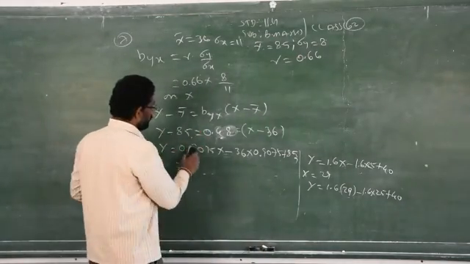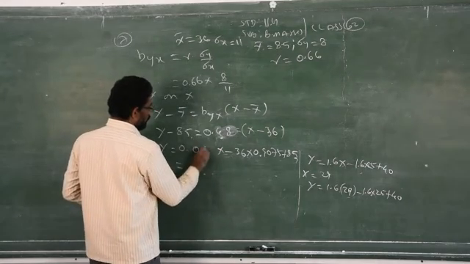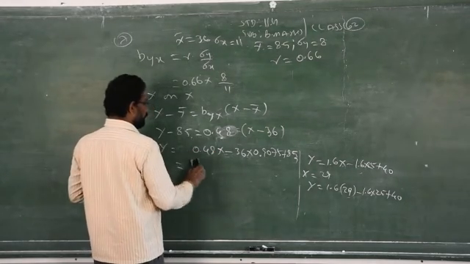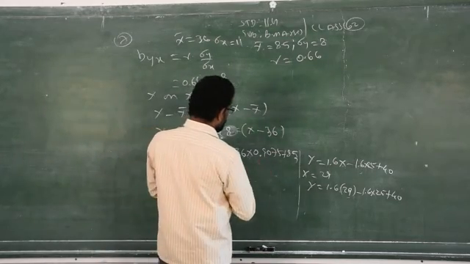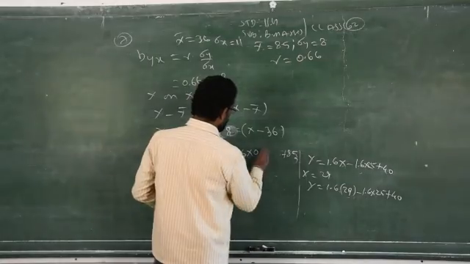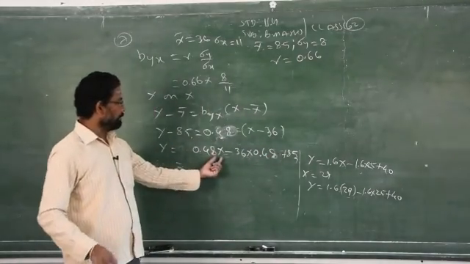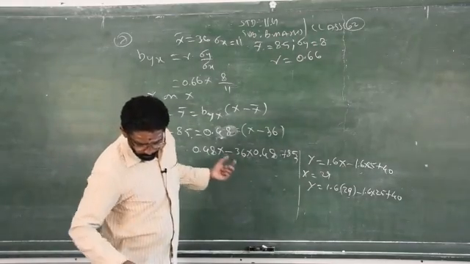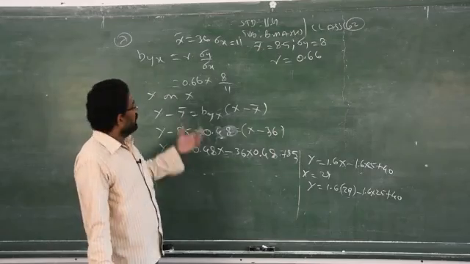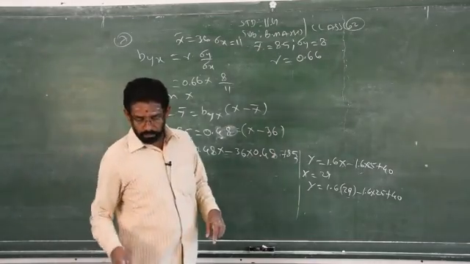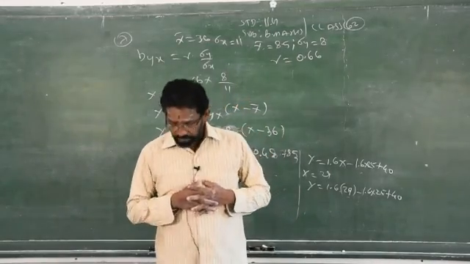Please check, don't copy as it is what is written on the board. 0.48. So what will come here? 0.48. Just multiply and substitute the values in the place of x by 10. You will get the answer. So don't simply copy directly from the questions. It is enough to find only y on x. No need to find x on y. Clear? We will see the remaining problems in the next class, boys. Thank you.